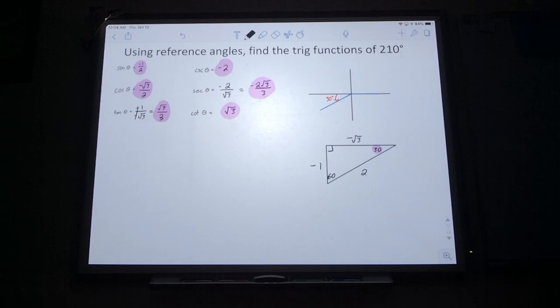In quadrant 1, everything's positive. Your x is positive and your y is positive. In quadrant 2, you're going to go in the negative direction of the x, but your y is positive. In quadrant 3, everything is negative. And in quadrant 4, positive and negative. So I just wanted to throw that in there, that you can also use a graph to